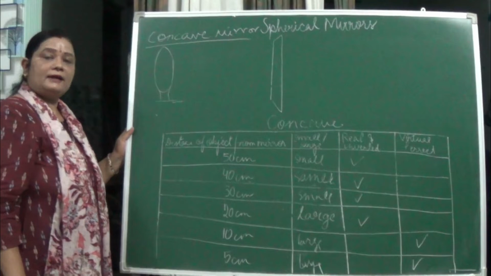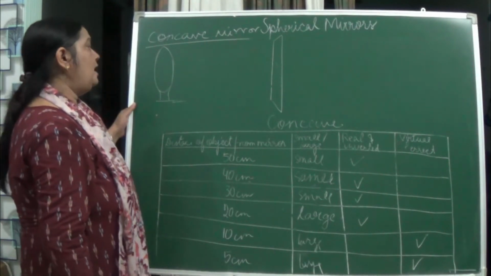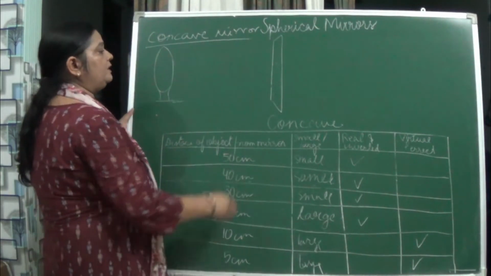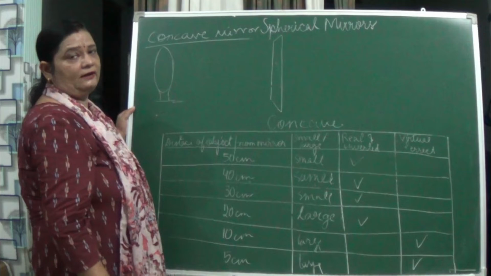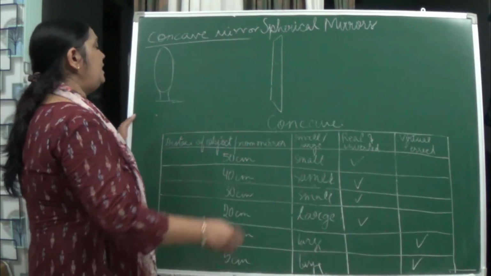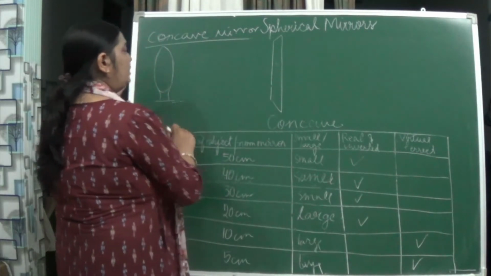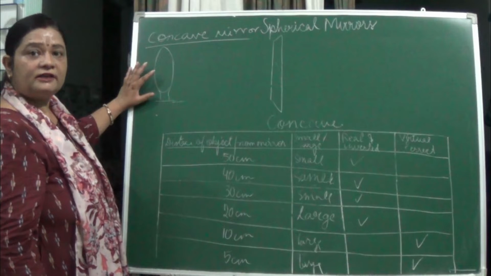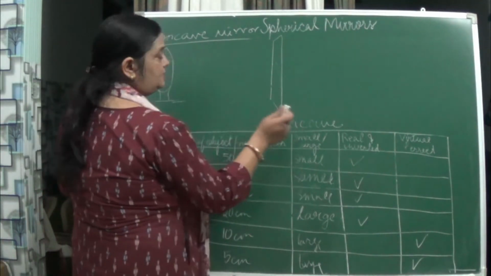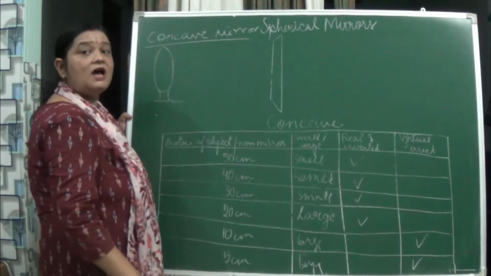Now let us study experiment 15.7 of the NCERT. We will be taking a concave mirror. This is a screen covered with white paper, and we will be using a candle flame for seeing which type of image is being formed. Here I am adjusting the candle. You can also adjust the concave mirror and keep your candle at a place. I am displacing the candle to different distances, and we will see different types of images formed on the screen.